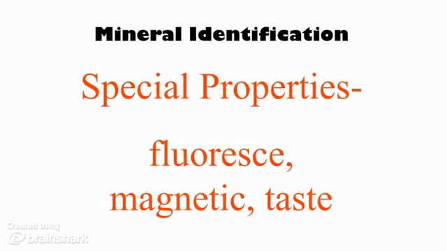The last way we identify minerals is any special properties that minerals have. That just means that there are some minerals that do something or have a special uniqueness about them that no other mineral has. So here's some examples that you can jot down. Fluoresce means sort of to glow in the dark. There are some minerals that are very bright, and when you turn out the lights, they almost seem to shine. They glow in the dark. Magnetite is a mineral that happens to have a magnetic property to it, and some minerals actually have a unique taste. One of those is halite, and halite is used to make your everyday table salt.